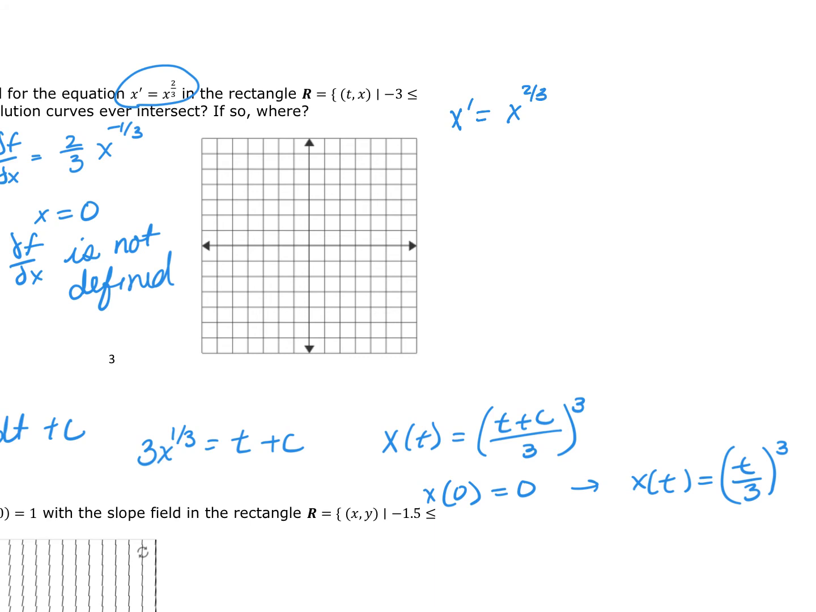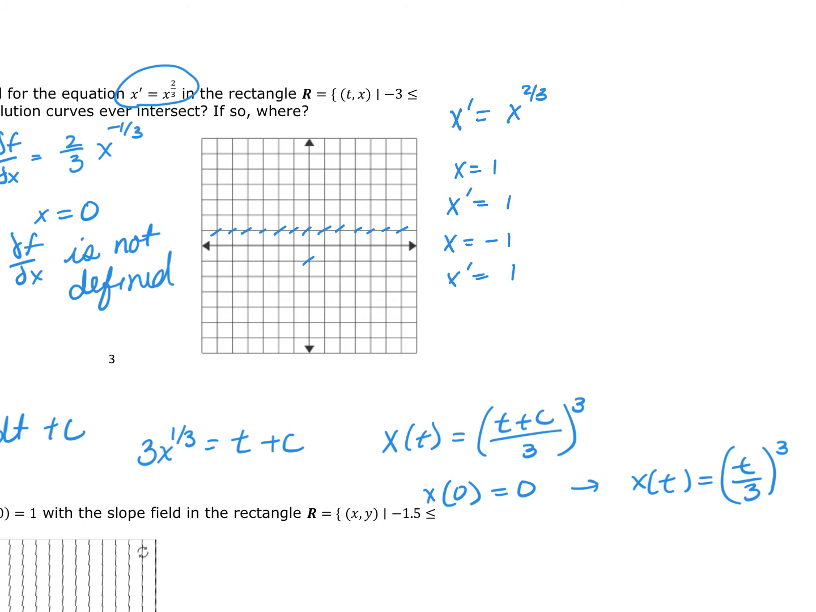So all I really have to do is put in when x is equal to 1, I'm going to get x prime equal to 1. When x is equal to -1, x prime will also equal 1. And that's because I have the x quantity squared, and then I take the cube root of it. So I know when x is equal to 1, I have the slope of 1 all the way across, left to right, like this. And the same thing when x is equal to -1, I have this slope field